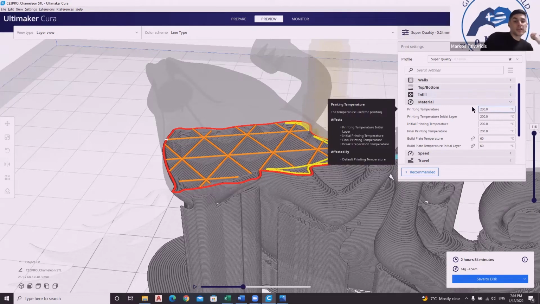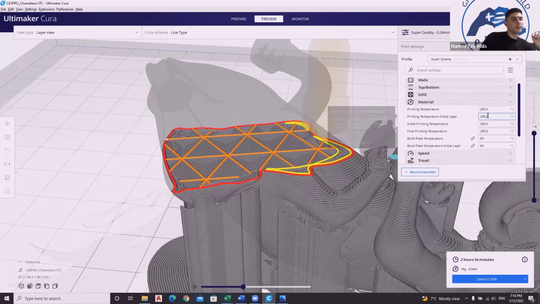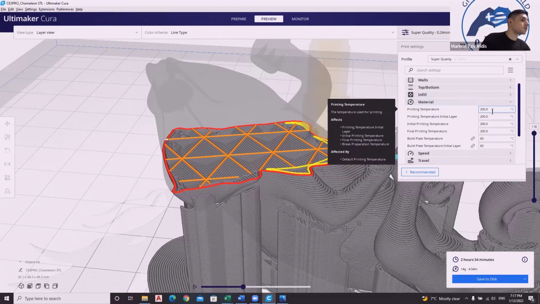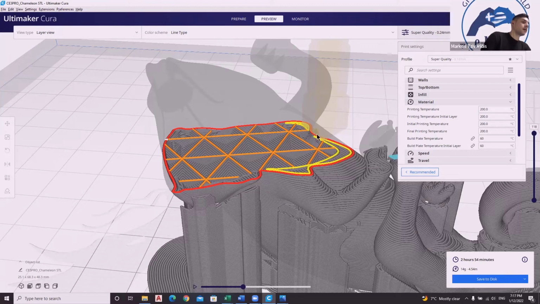So do I need to change that? Most probably not. But the printing temperature does not depend on your printer. Keep that in mind. This is very important. The printing temperature, the temperature that you will print on your nozzle, does not depend on your printer. Well, it does, because you can't print metal, you can print just plastic, but